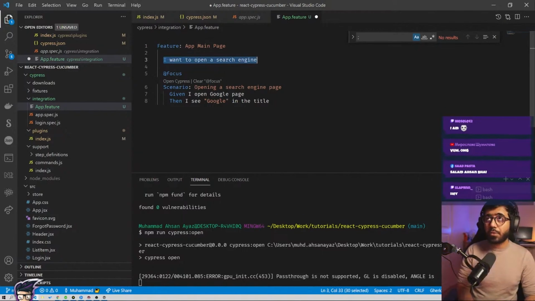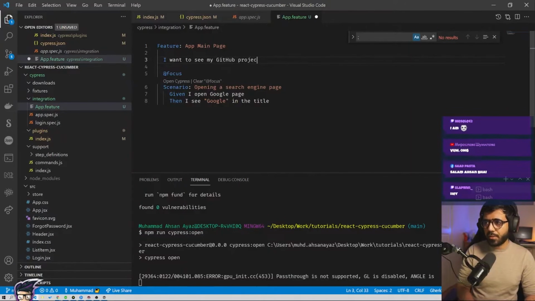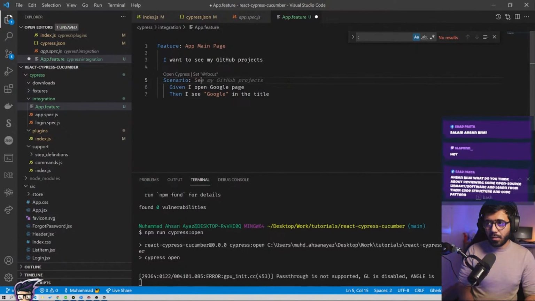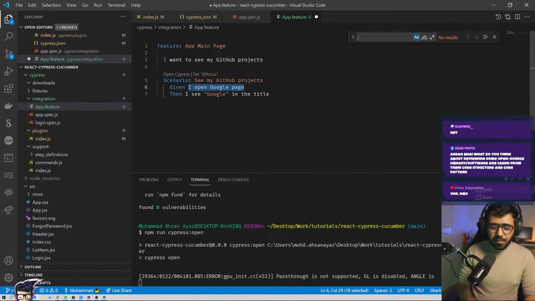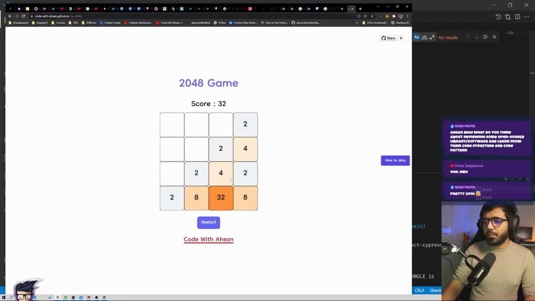So we are going to say, as a user, I want to see, what do you call it? My GitHub projects, right? Something like this. Then we have some scenarios here. So we are going to say scenario, see my GitHub projects. So what would happen here is that we can write. Anyways, let's say given on the app page, I see my,